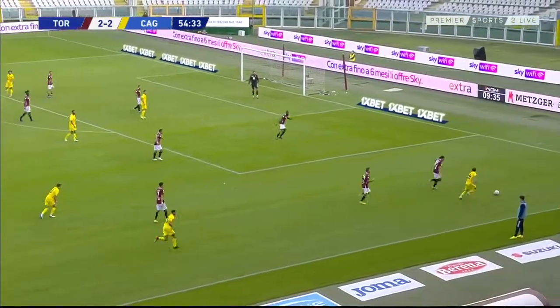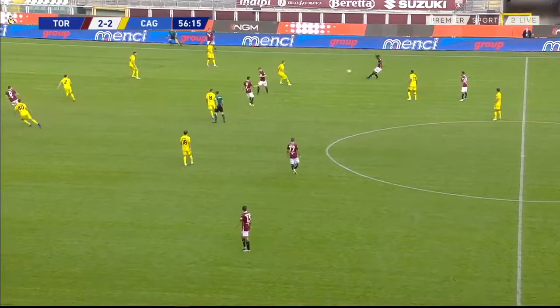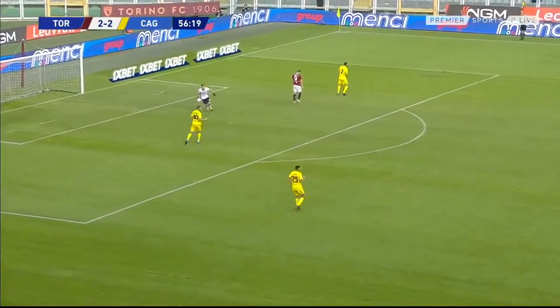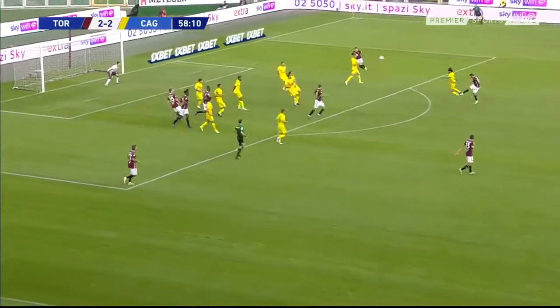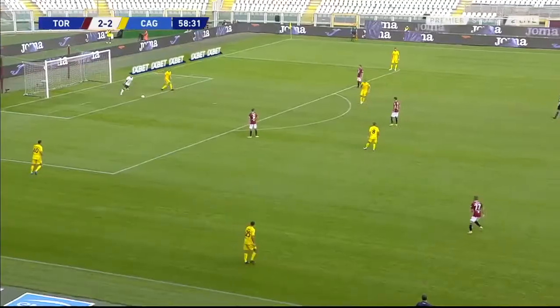Here is Nandez. And that's the reason why it is 2-2 at the moment. Ball played forward to Belotti. Can't quite get it down. And Linetti, we'll see. Lovely ball forward here. Linetti trying to get on it. It's cleared away by Cagliari. It falls here to Rincon, who strikes. But in truth, his shot was always...